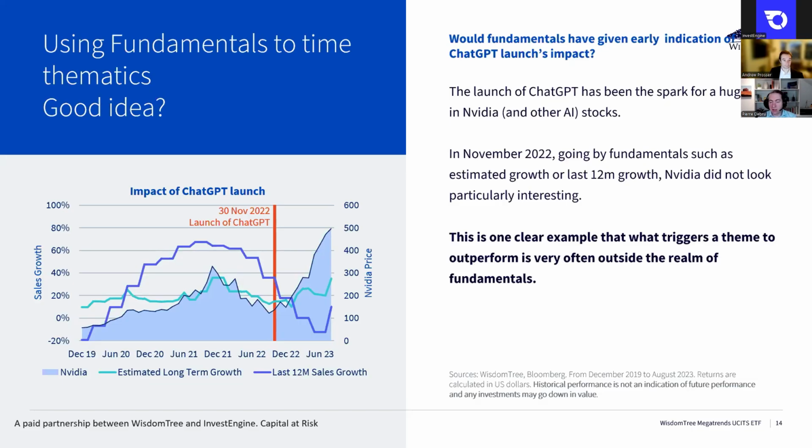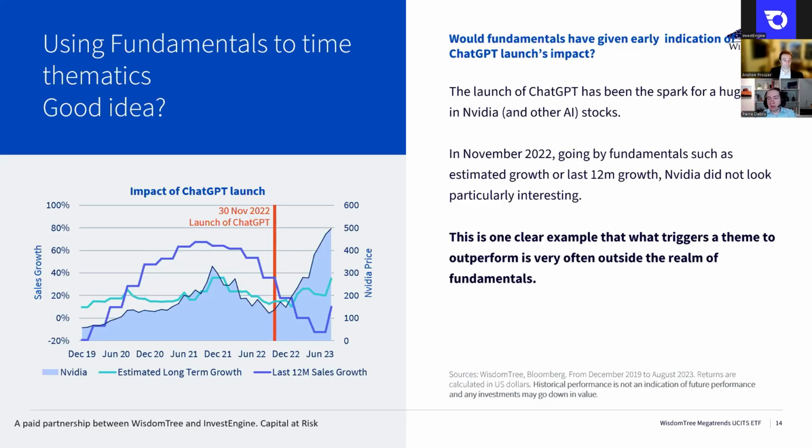It's not something that is relevant to NVIDIA from a fundamental or valuation point of view. It's an external event, and momentum is the best way to capture moves that are driven by external events. So if we look at the current allocation in the 16 themes I was talking about, in the next slide,